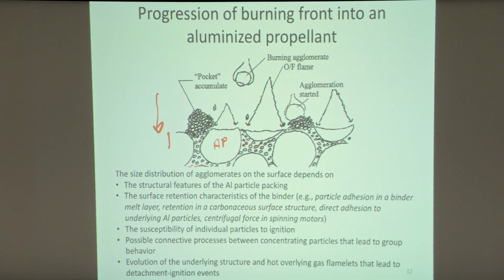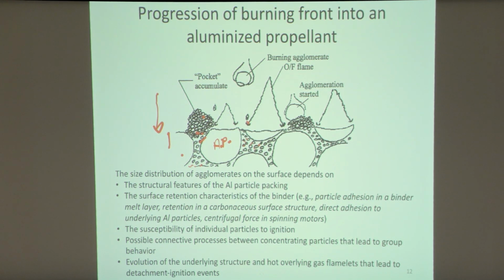And so as the binder and AP burn, these aluminum particles start to accumulate in the pockets of the large AP particles. And they sit there for a while. And as they sit there, their temperatures go up because they start extending further and further out into the flame zone. And then they can start melting, and you can start basically engulfing other particles. And finally, the particle will get hot enough, it might ignite,